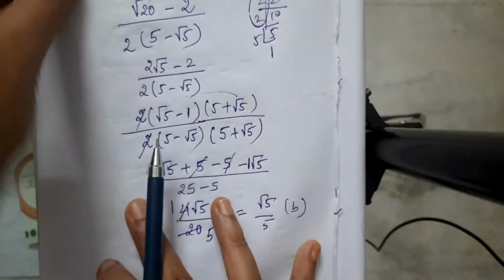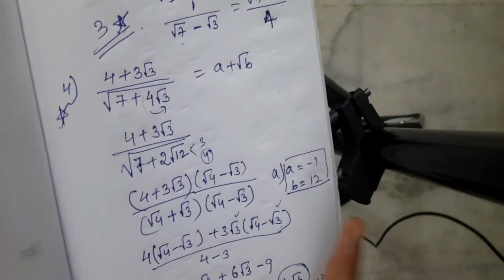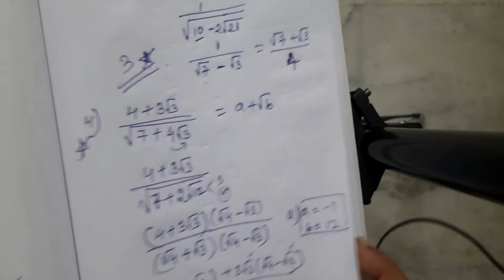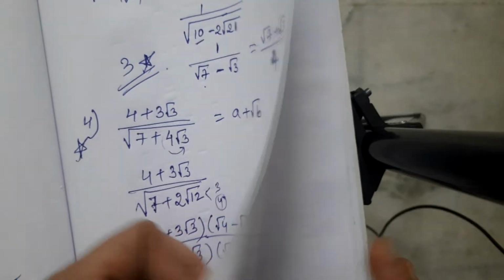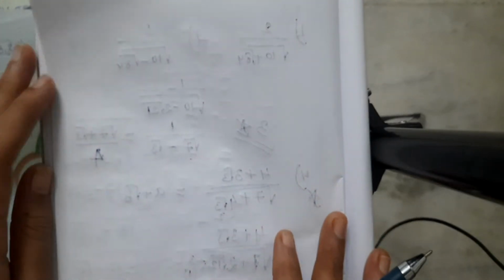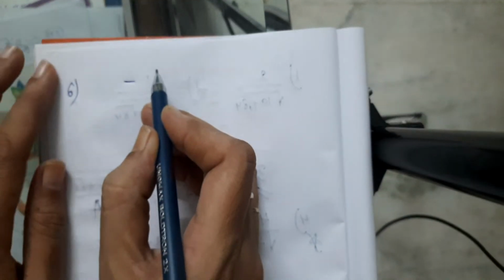Okay, now let's move on to the next question. The next question is quite easy, which you can understand very easily. Here a few questions are there. I'll be sending a few pics, so those who are interested can note it down to have the practice. Now the next question is question number 6, which is minus 1 upon